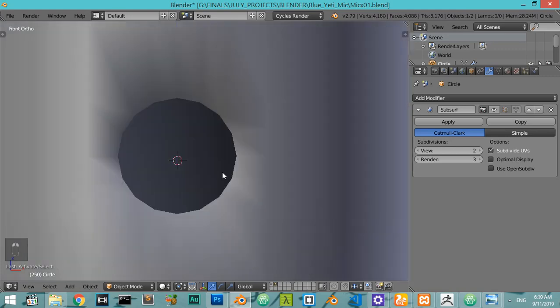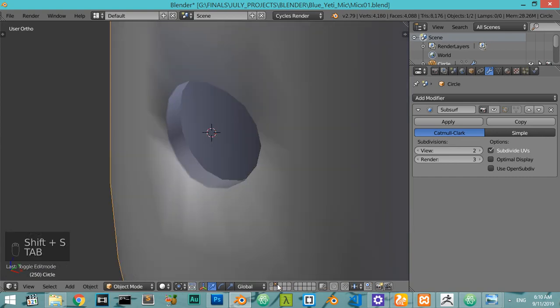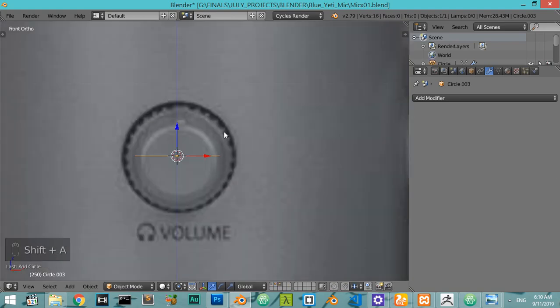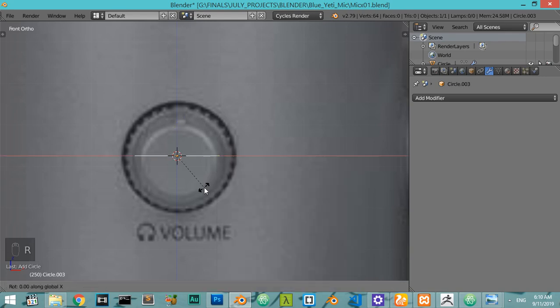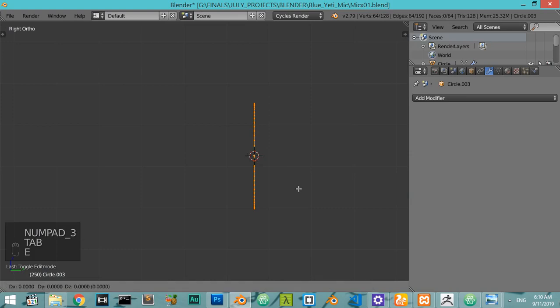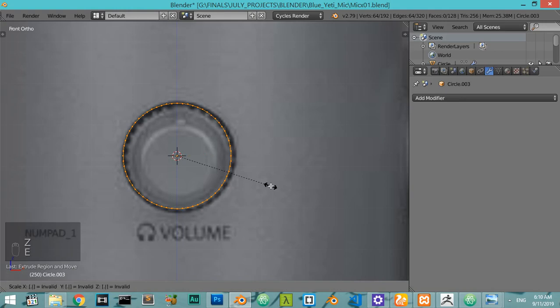Let's now first go to this one and select this cursor selected and go to this layer to add the circle perfectly as we expect. So we will add a circle, and this circle, if we count, it has 1 2 3 4 5 6 7 8, multiplied by 4 is 32, so we'll add 64, and after that we will rotate around the x-axis to make this hole the same size, and then we can extrude in Y this time and extrude scale 0.8,